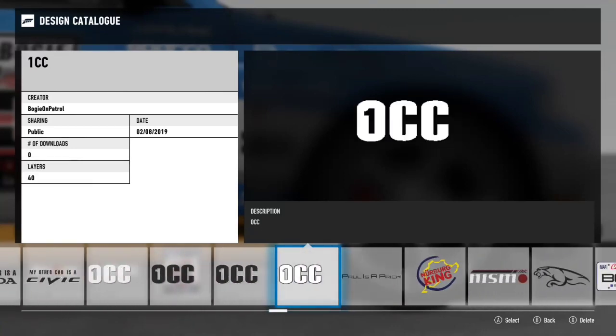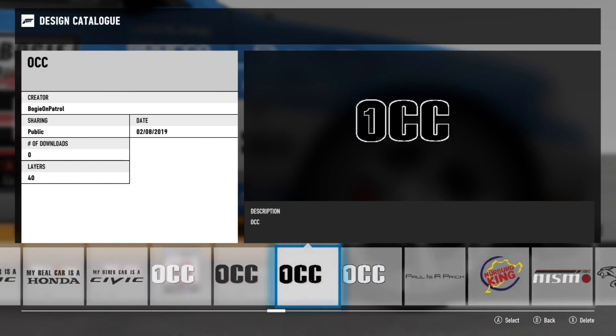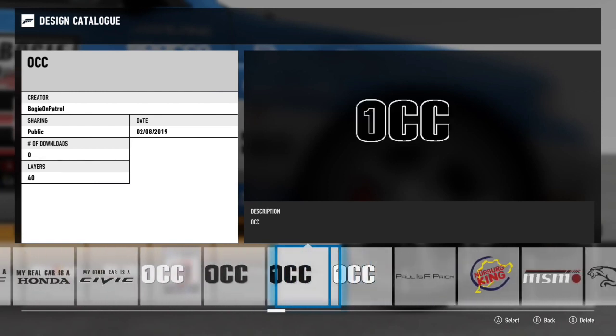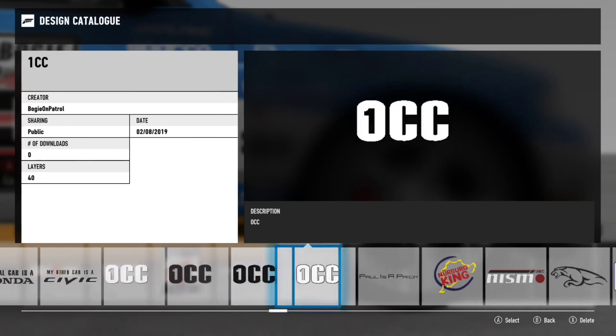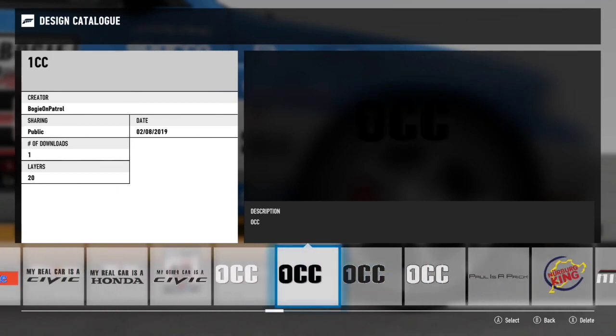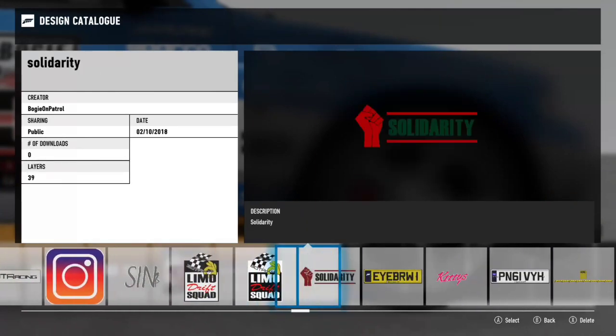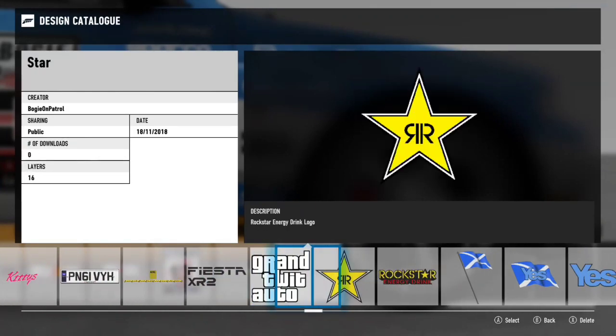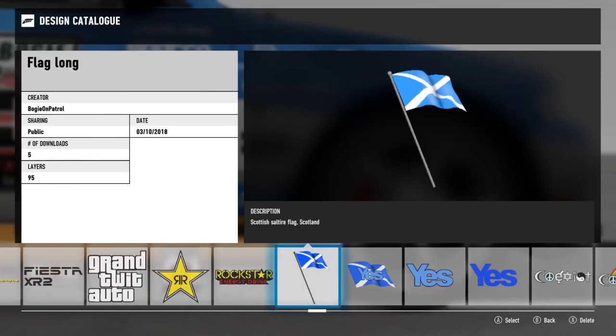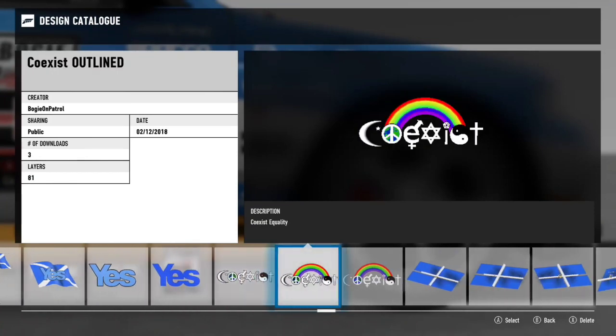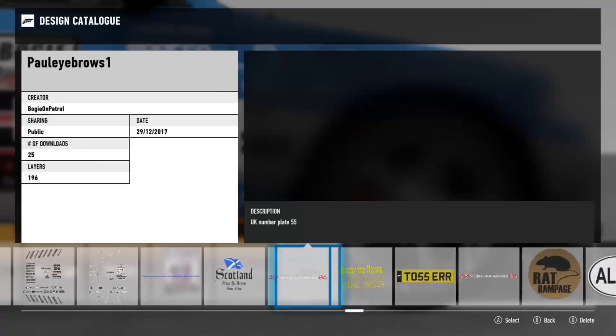So I've got white with black surround, and then black with white surround, and obviously I've got them shared, so that people can download them and put them on their car. But it also makes it easier for yourself. If you decide, oh, I want to have it with a red surround,